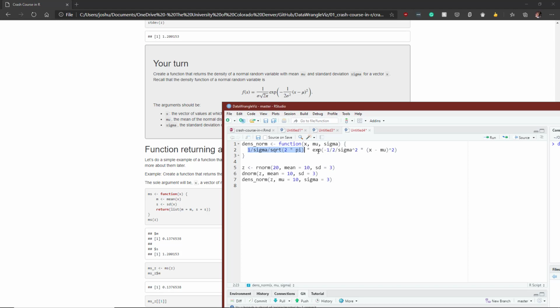And we're going to multiply that by the exponential function of negative 1 over 2 sigma squared times x minus mu squared. So you can see in this exponential function, I have negative 1 divided by 2 divided by sigma squared, times x minus mu quantity squared. Since we're just computing that and returning it on the same line, the dense_norm function will return the density values for a normal distribution with a mean of mu, a standard deviation of sigma, and values given